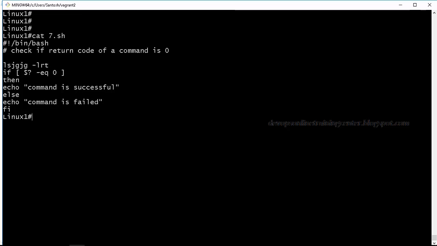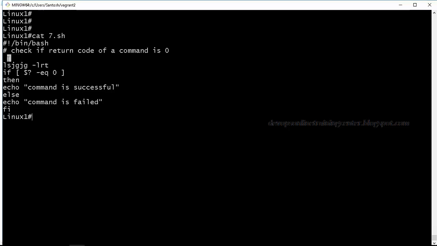Is it clear? Can we identify the problem based on the error code?